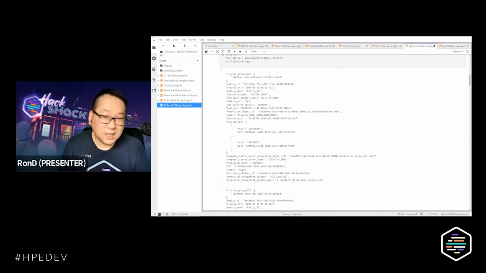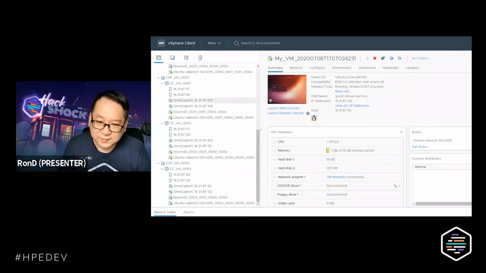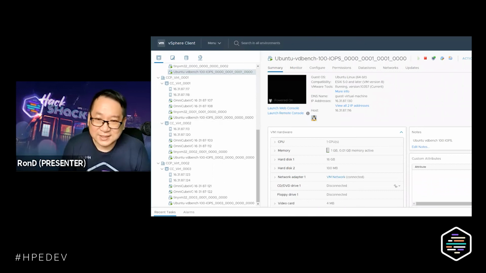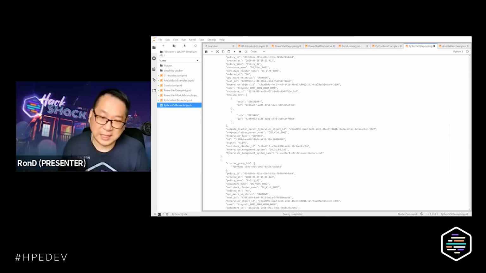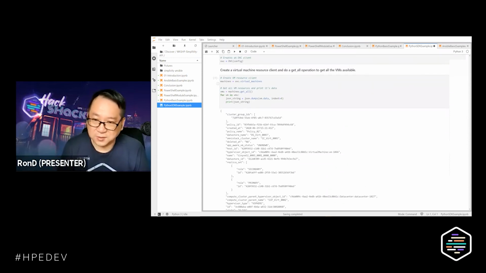If I bring up my vCenter, that's the one. What we are displaying is the content of your virtual centers or your SimpliVity federations, except that this is more toward the string. Then you can start performing the manipulation that you would need to do.